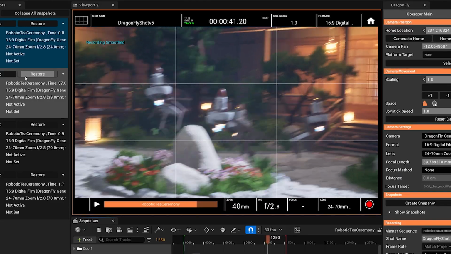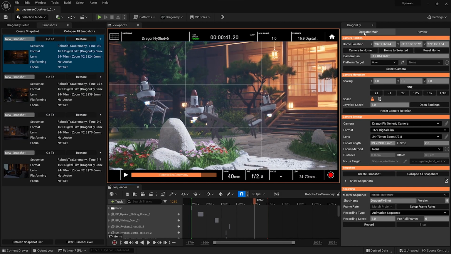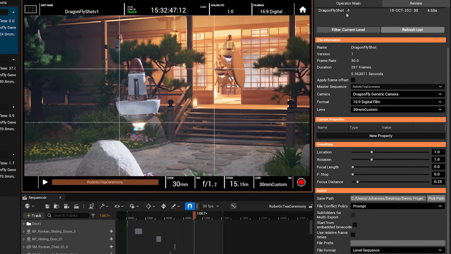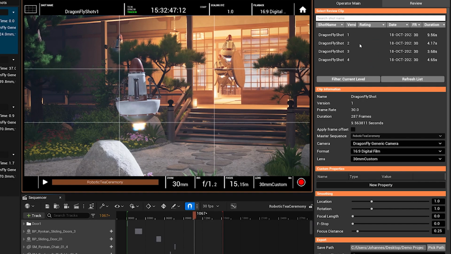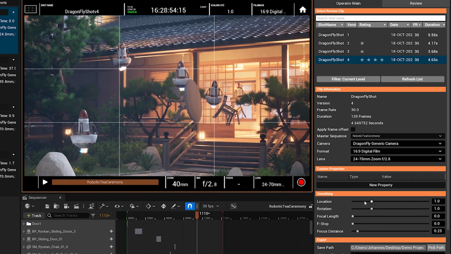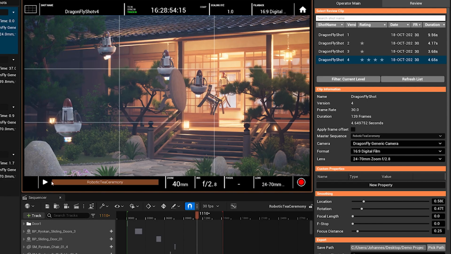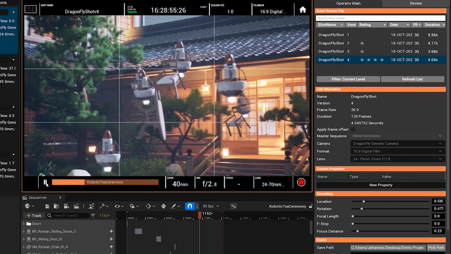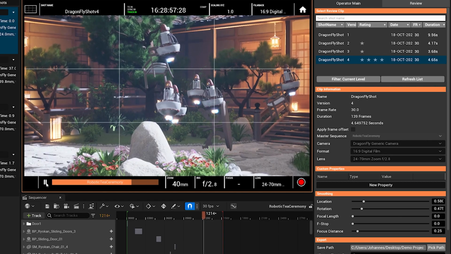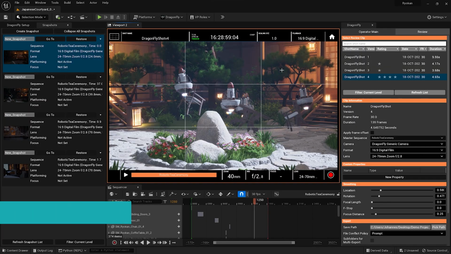And then of course I can quickly deal with those takes by going to the review panel, selecting the first 2 of these takes that I wasn't happy with. The 3rd one was better. Can apply a bit of smoothing here. And by working in this way, I can get to a usable recording super quickly without having to manually reset all the time. Let's talk about the second feature that I wanted to show you, and that's platforming.